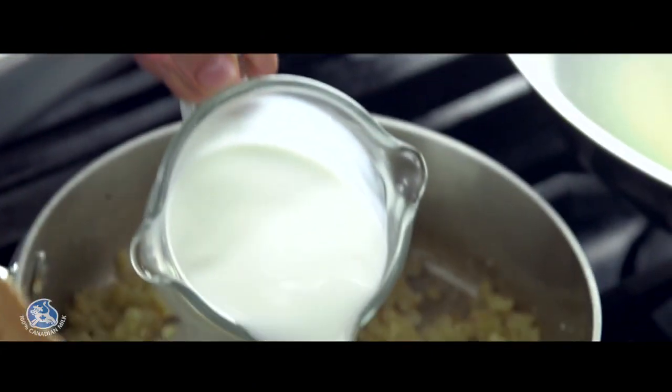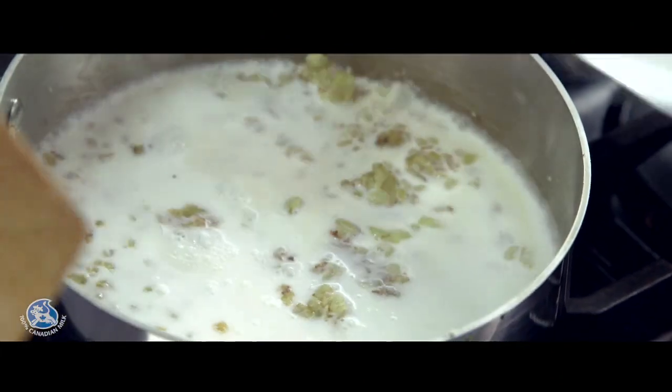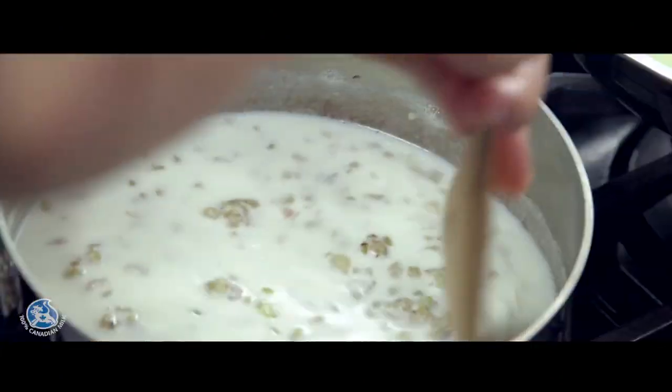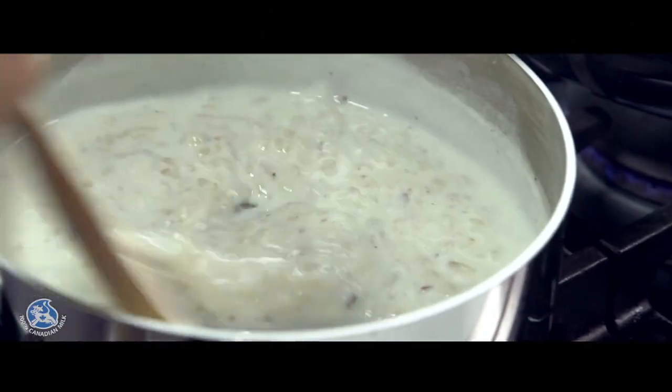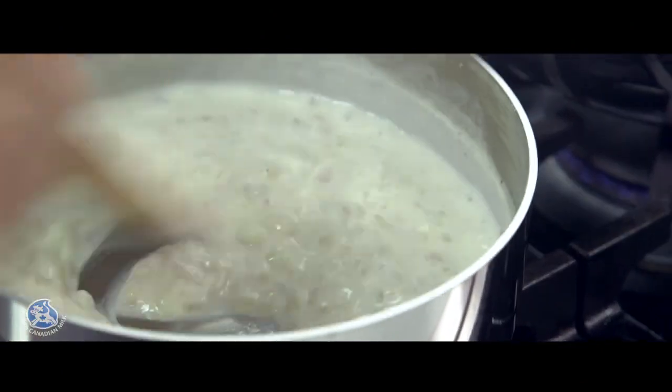I think it's time to add some milk. I'm going to stir well to make sure there's no lumps. You'll see as soon as the milk boils, the sauce will become nice and creamy and thicker. Now that the sauce has cooked for about 2 minutes, I'll reduce the heat